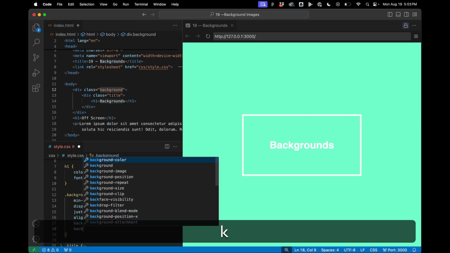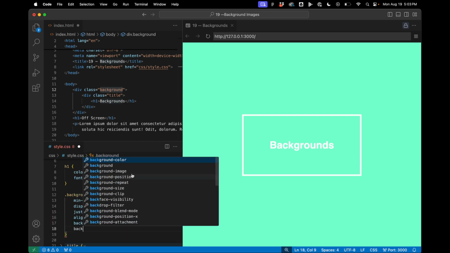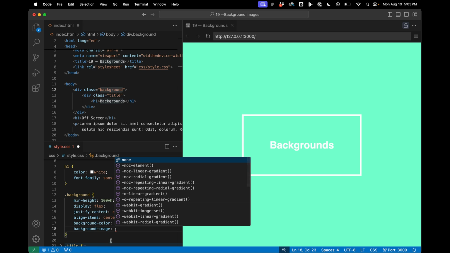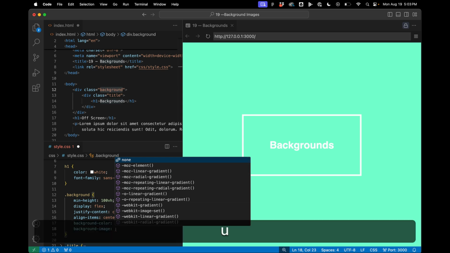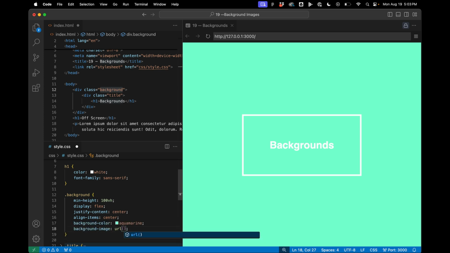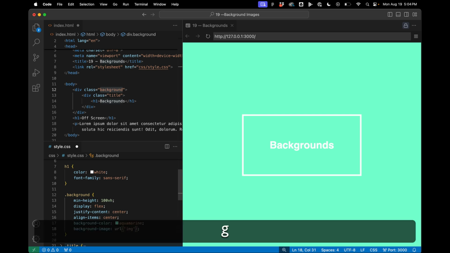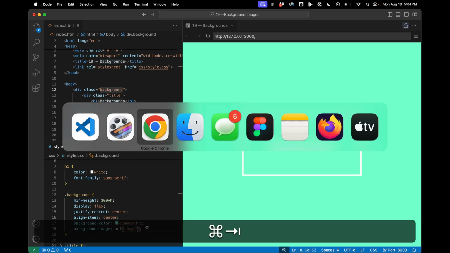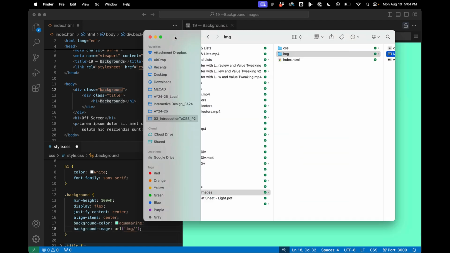The next one is background image. And the way this works is, unlike an image tag, with the background image property, you load the image through the CSS. And so the syntax is url and then a single quote, and then we have to find our image. So if I went img and then found an image we want to use, which is over here,